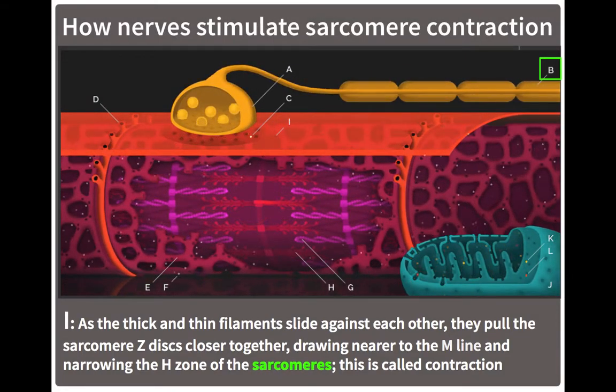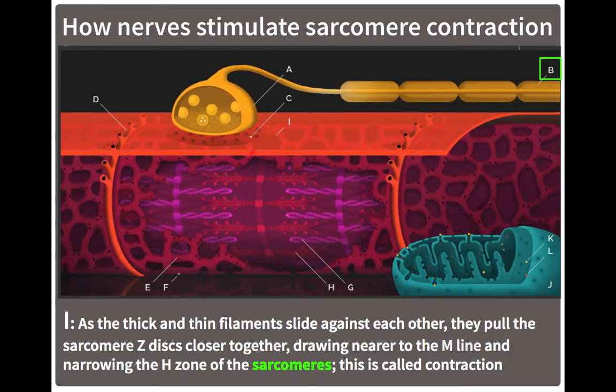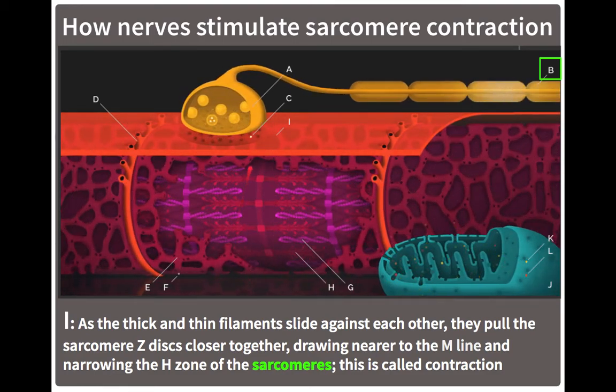So as the thick myosin filaments and the thin actin filaments, shown here in red and in magenta, slide against each other, that causes these Z discs, which you can see over here on the left boundary of the sarcomere and on this right boundary of the sarcomere, to get pulled in closer towards the M line in the center, which means that the H zone, which is this area in the middle that is missing myosin, gets narrowed